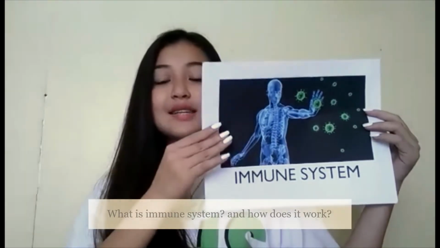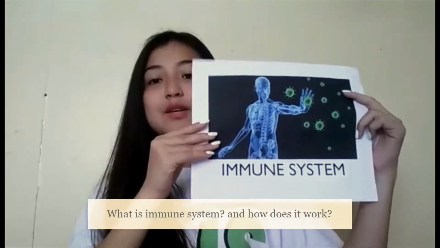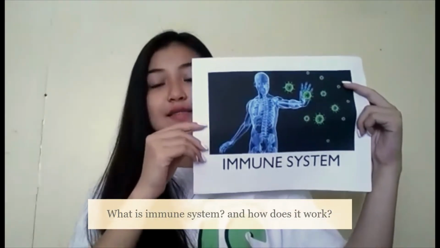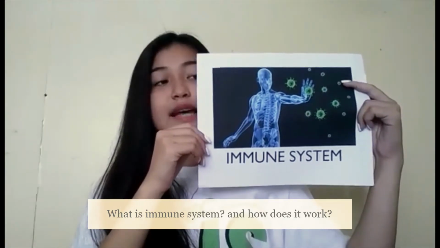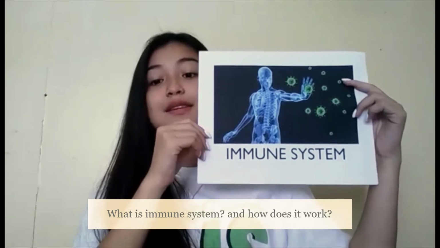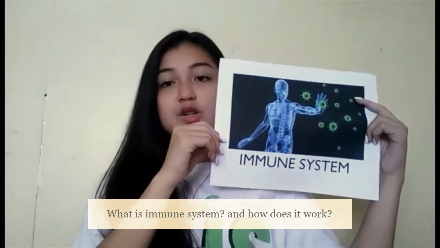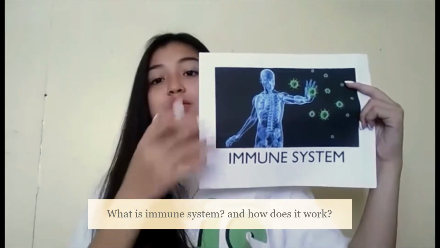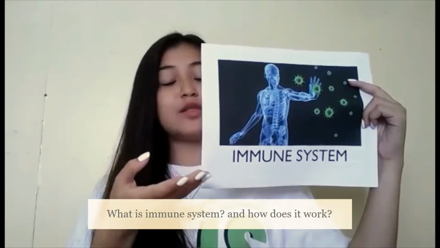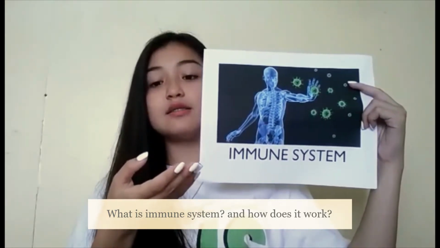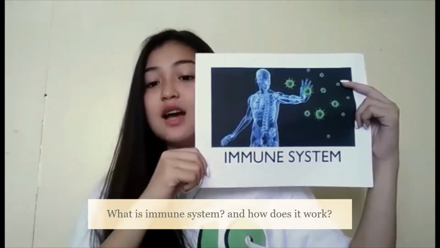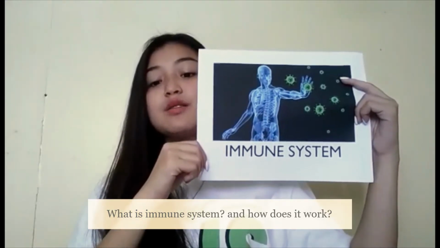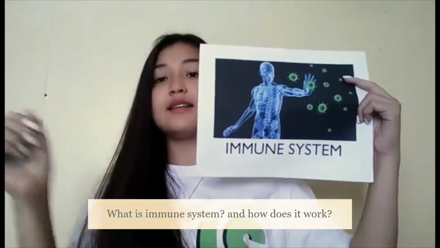So, what is immune system? Immune system is the body's defense against infection, and the immune system attacks germs and helps keep us healthy. So, how does the immune system work? When the body senses some foreign substances called the antigen, the immune system works to recognize the antigens and get